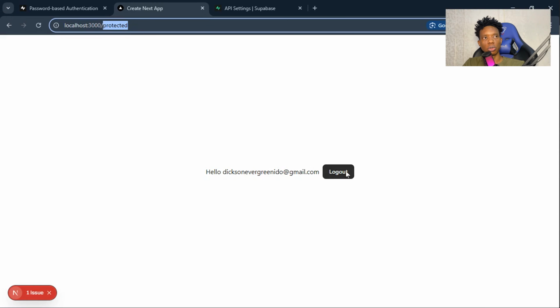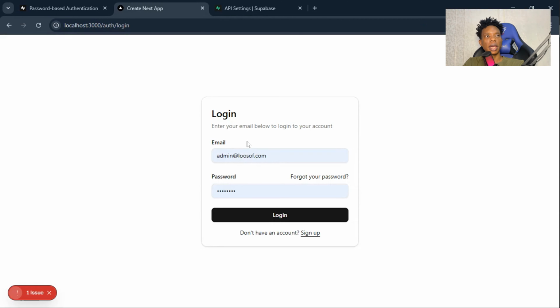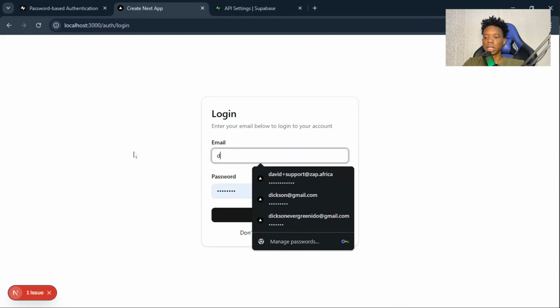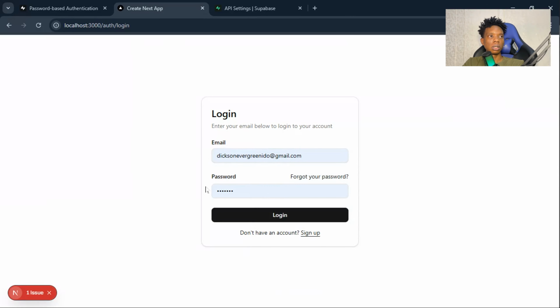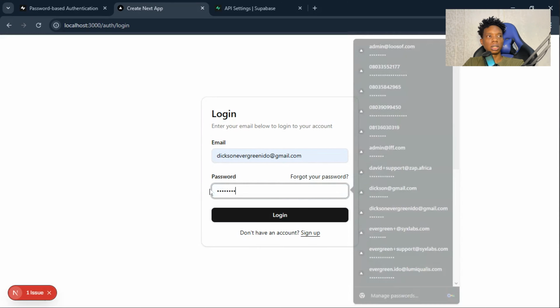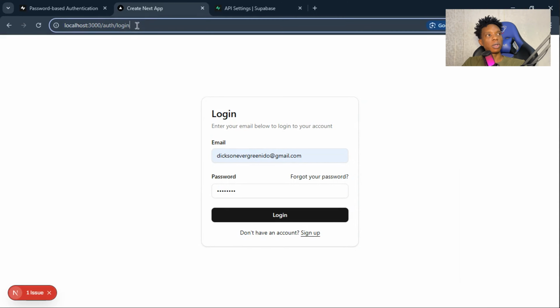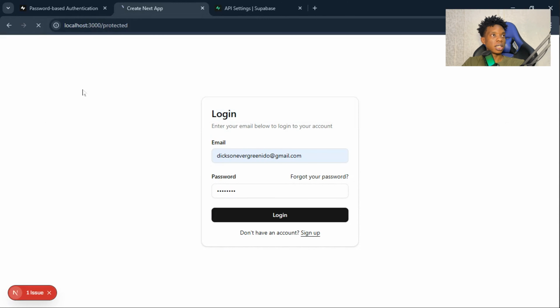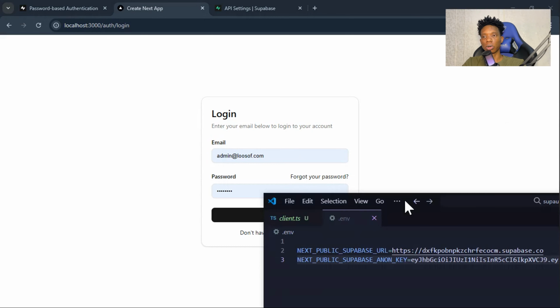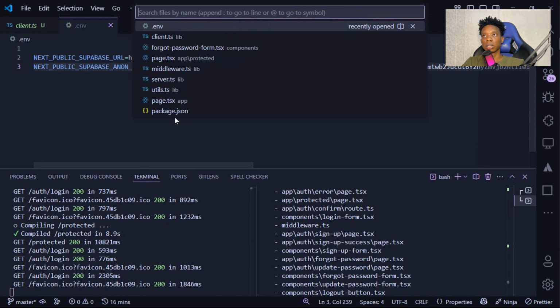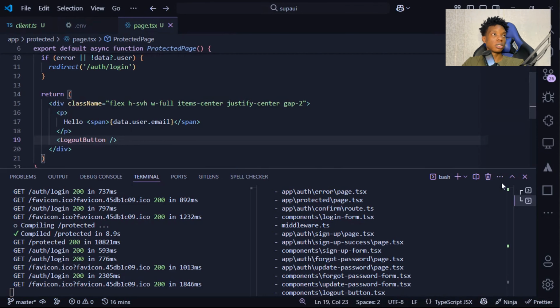So just to show you, let's log out and try logging in again. And we're just gonna say test 123. Okay, before we log in, let's try seeing if we can go to the protected routes. We can't hit the protected routes, obviously, because it's gonna throw us back to the login page. And just to show you that in code, right? Let's go to, I think we have our protected page, right? Which should just be